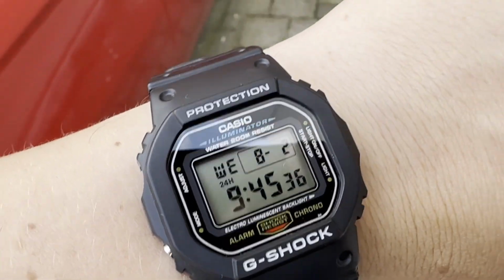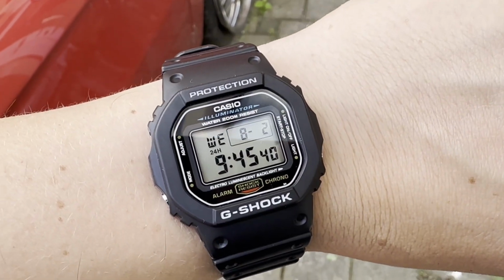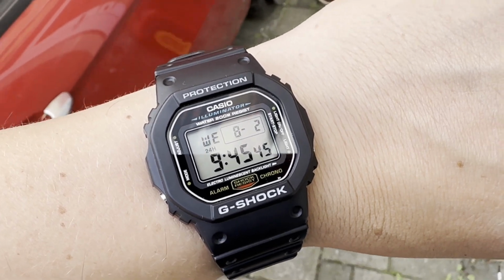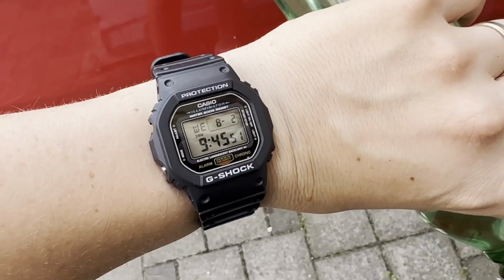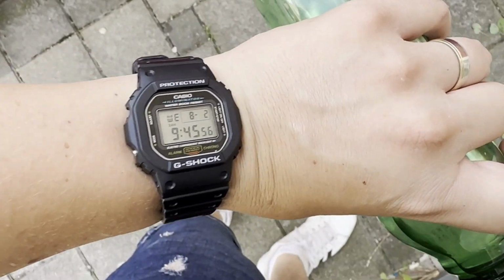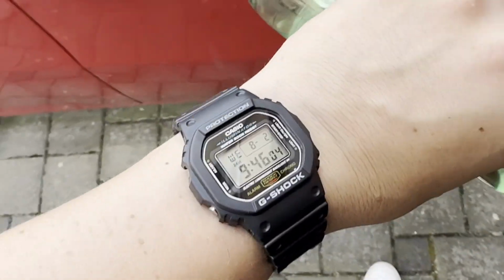Price wise, this G-Shock is also a blast, because this is well below $100. So on Amazon, I will try to find your Amazon link, but this is well below $100, and it just goes with everything. I have this in my casual summer outfit, and I'm going to the park with my boy, but